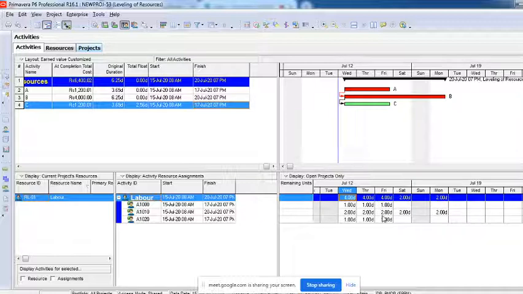It's not committed still. What we have committed is only 3. But now I am requesting that I need 4. So there are only 2 options. Either you need to get 1 more resource extra on these particular dates, or you will have to adjust with the resources you have.